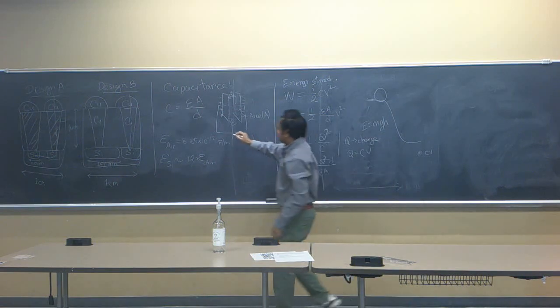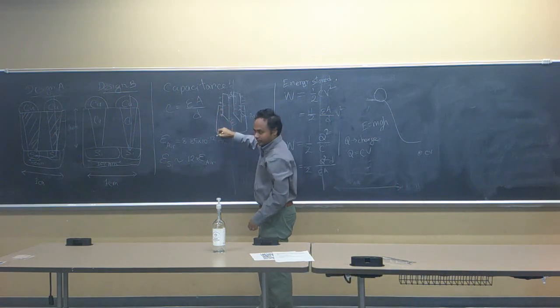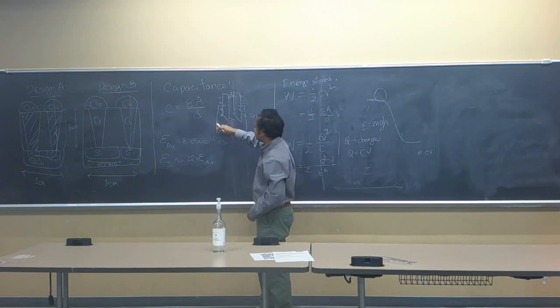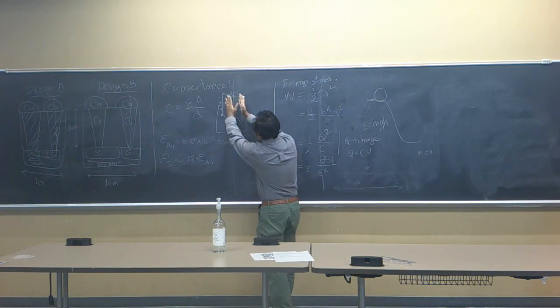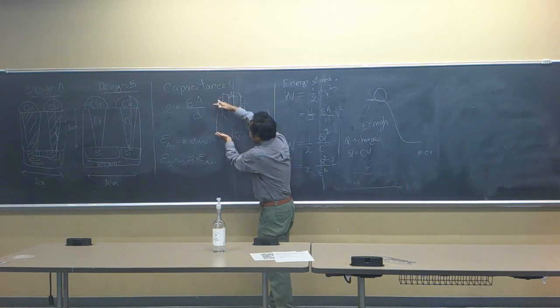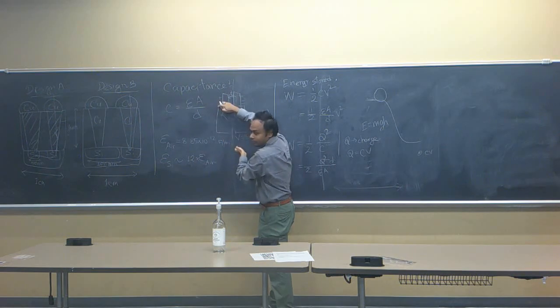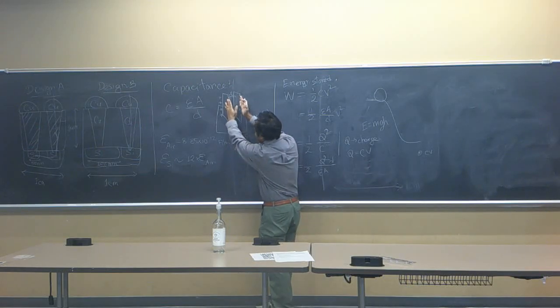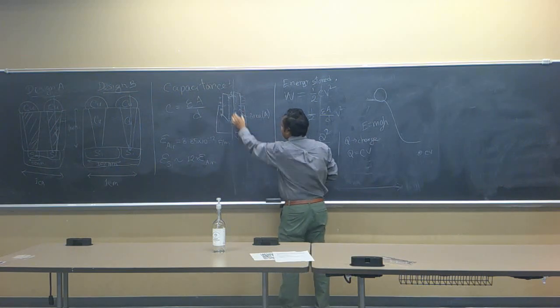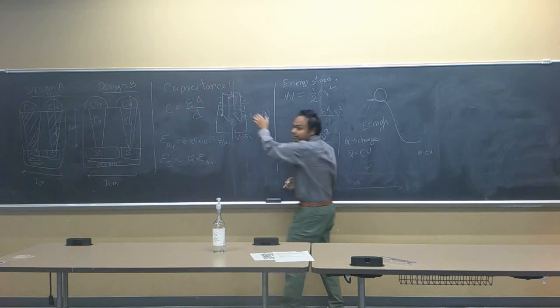But these are copper wires. These are very good conductors. Consider that these are ideal conductors. That means they have zero resistance. If they have zero resistance, all the voltage must be dropped across the copper plates, because there is no other place where the voltage will be dropped. No voltage drops across these copper wires. So the only way we can drop the voltage is across those copper plates. So all this 5 volts is going to appear across this distance D. Okay?